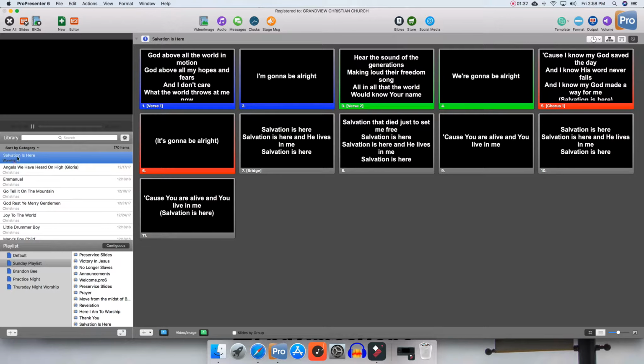Now, whether it's over here in the library or down here in our playlist, we can right-click and say reflow document. If you're making any mass changes, you need to add or delete slides, anything like that, it should always be done by reflowing. Now, if there was a small typo, you can do that right here. But the main thing is we don't want to edit these slides in this mode because it can mess a lot of stuff up. We want to go to the reflow,